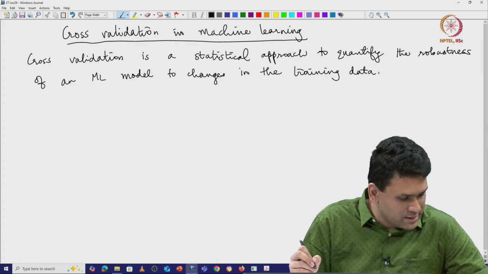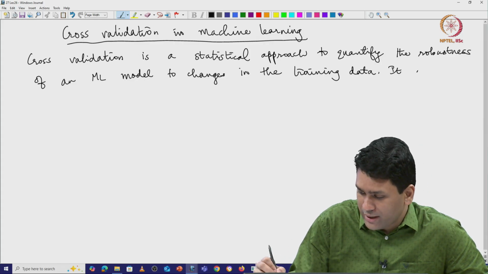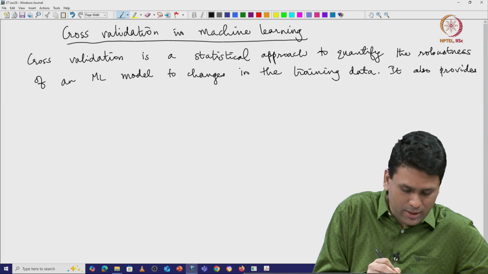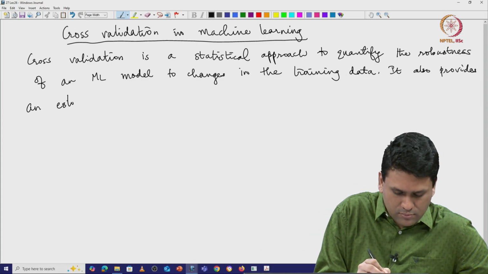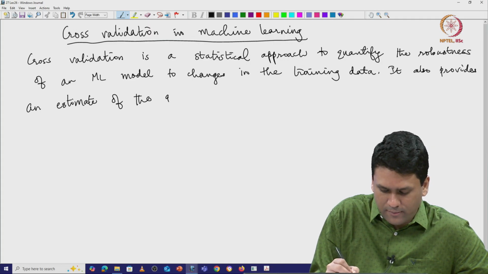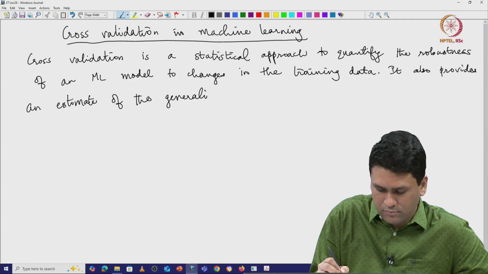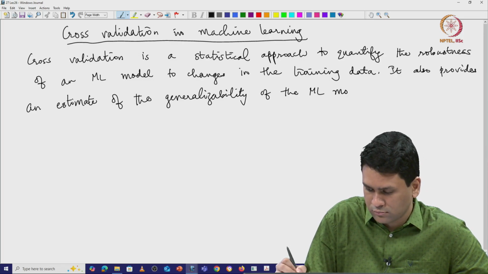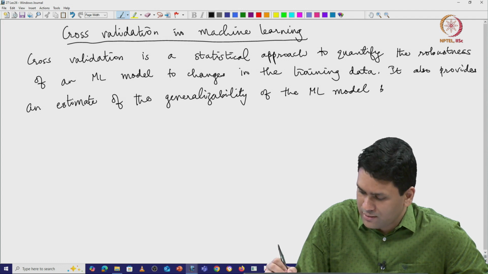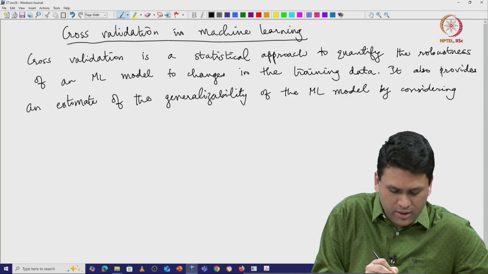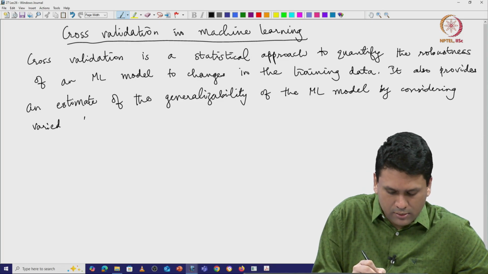Okay, and it also provides an estimate of the generalizability of the ML model by considering varied test data,